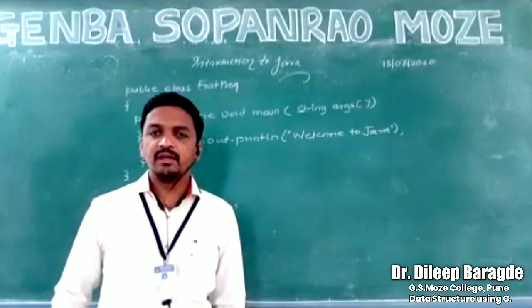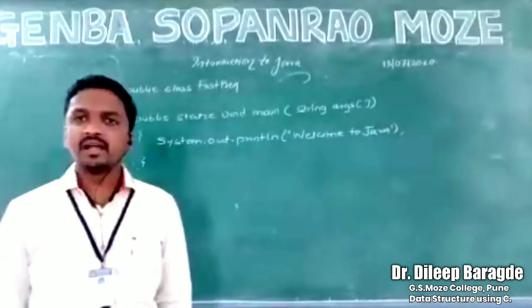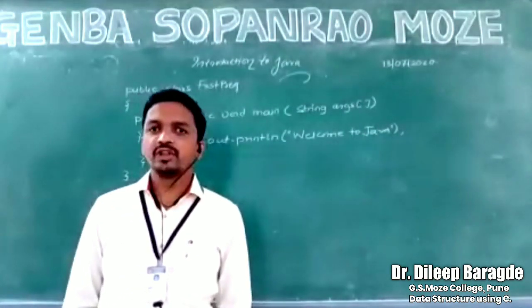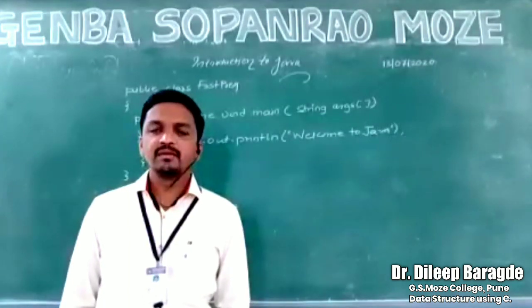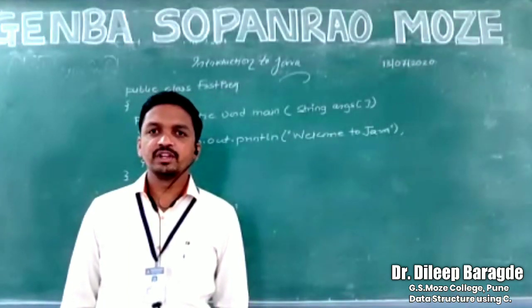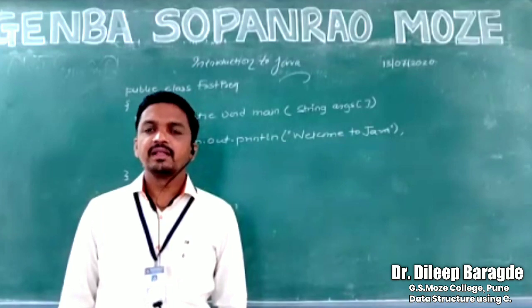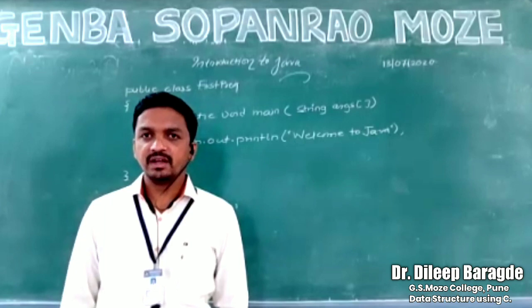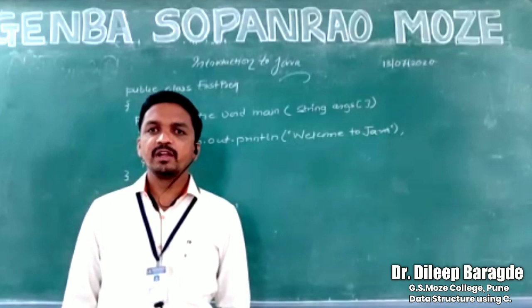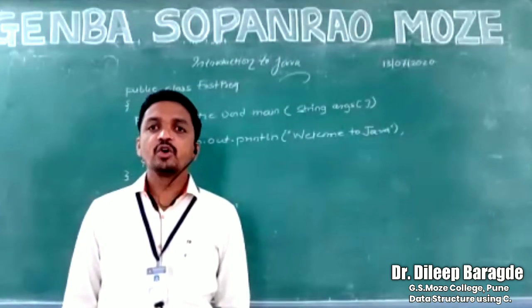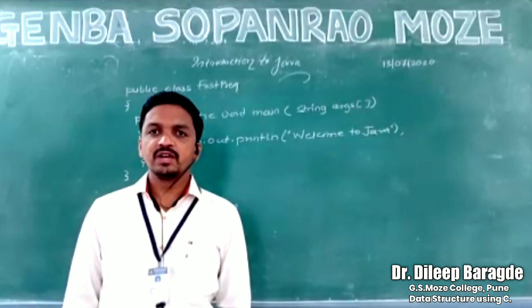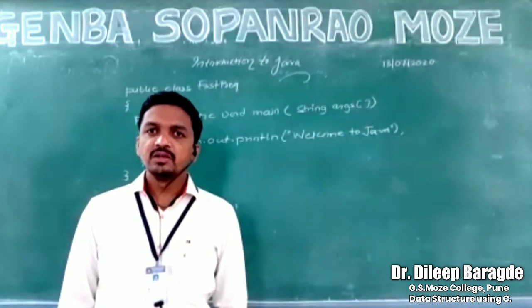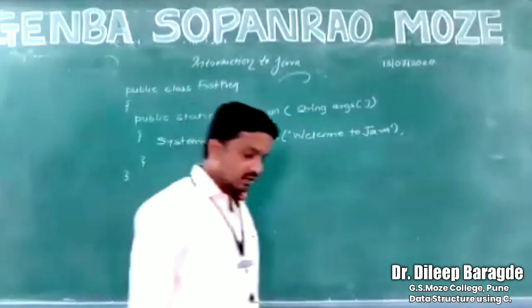So this is one of the good facilities. Then the highlighting facility means what? Keywords are shown in a different color. Then other words are shown in a different color. And if a spelling is wrong, it will highlight it or give the error. These kinds of facilities are provided by these IDEs, as well as matching opening and closing braces. It will show where it opens and where it closes. So it will try to make the program very simple. So these are the two IDEs, integrated development environments.